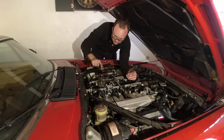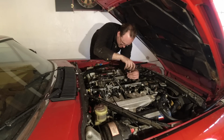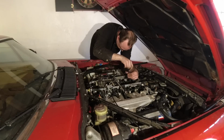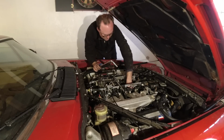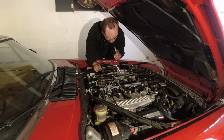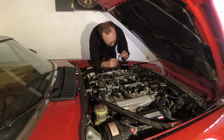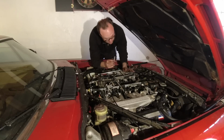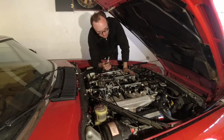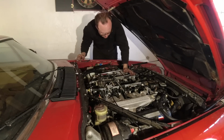I used the stethoscope and I listened. Every single injector sounds identical. They're all clicking away nicely. So let's just... it really feels very, very dry, and basically as if it probably hasn't gotten any fuel on it at all. I am just going to take out